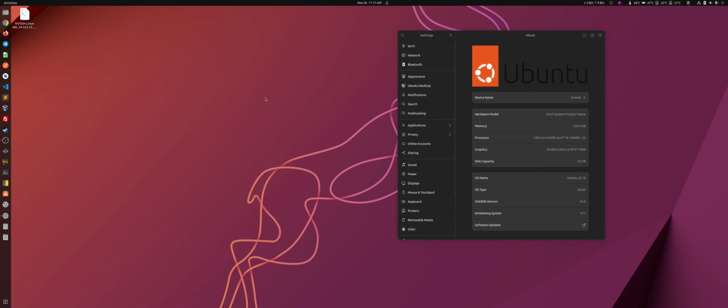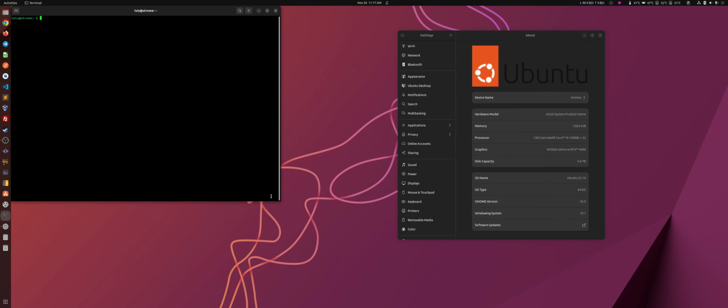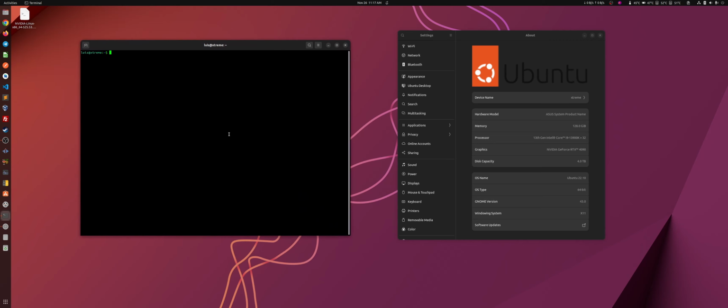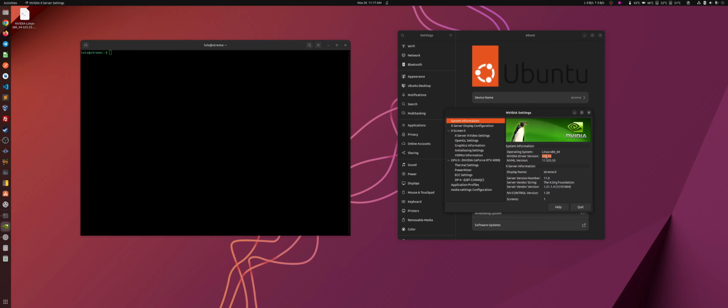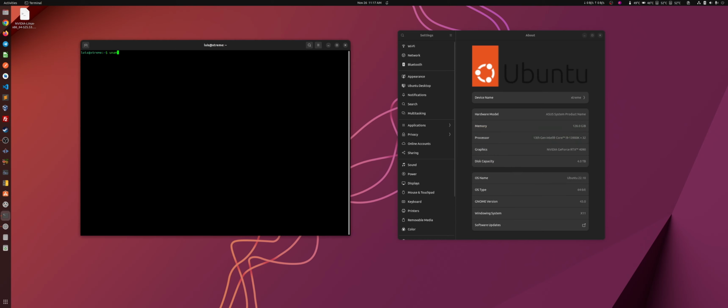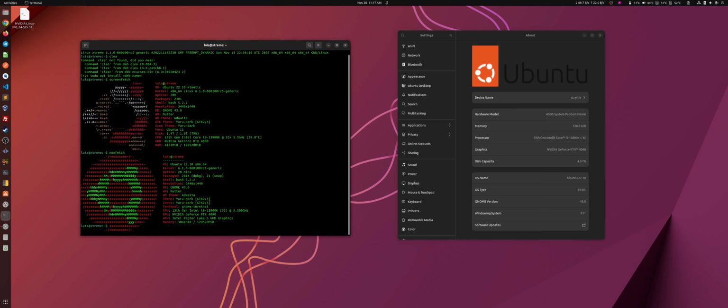Hello everyone. This video is to teach you how you can install the latest Nvidia drivers with the latest kernel, so you can end up fixing some of the Z790 driver compatibility issues. So here we got the 525. Okay, I'm going to show you the kernel that I'm testing right now. 6.1. It actually solved a couple of the issues that I was having with the compatibility with the Asus Z790